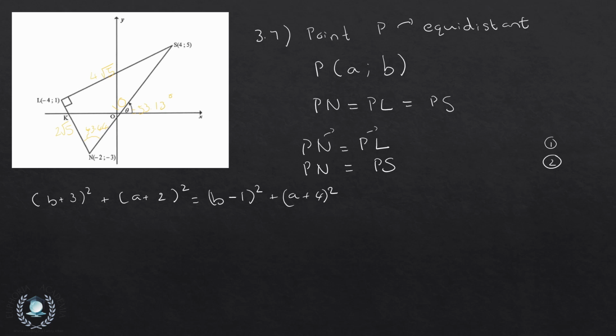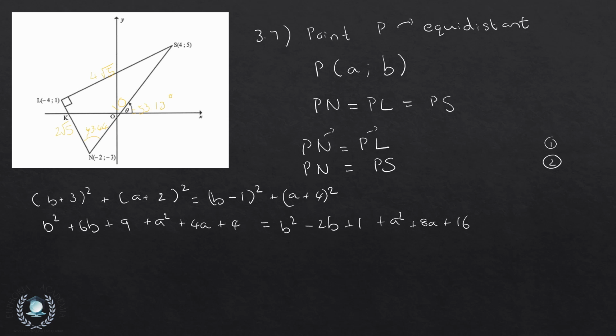Expanding the bracket, we will see that we're going to have b squared plus 6b plus 9 plus a squared plus 4a plus 4, equal to b squared minus 2b plus 1 plus a squared plus 8a